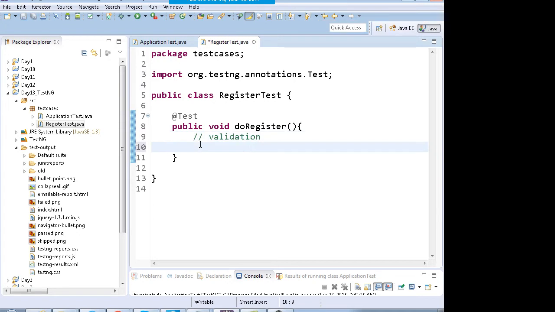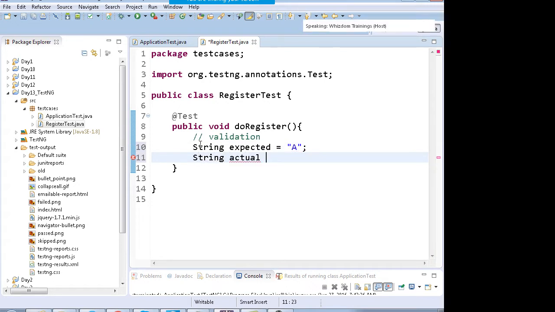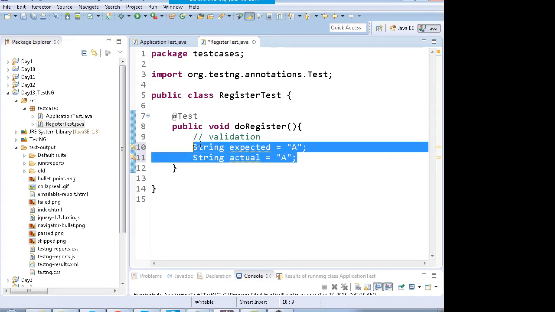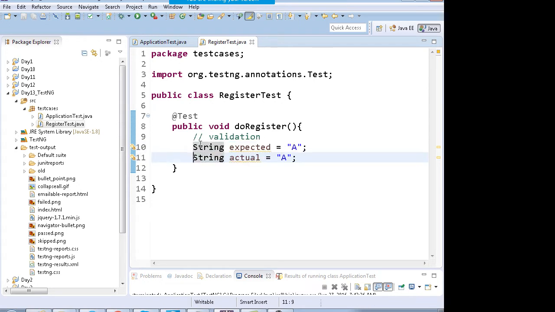Now how do you do the validation? You have some expected data and the actual data which has to be matched. The expected data comes from maybe the properties file or an Excel file. The actual data will come from the application, for example the title of the page, driver.getTitle. If actual and expected data don't match, you have to fail the test case.